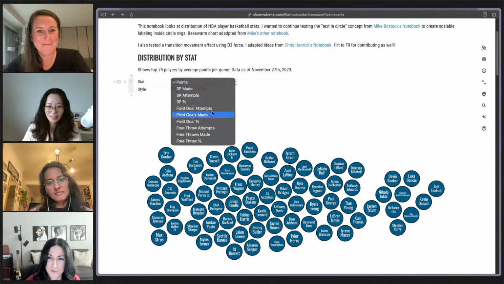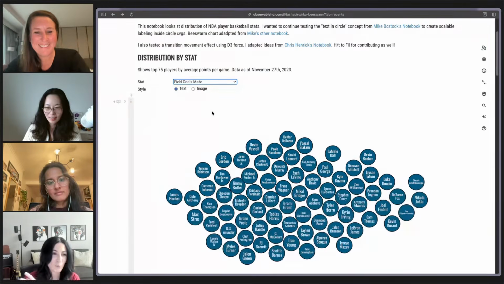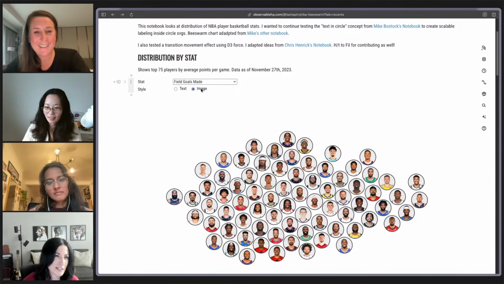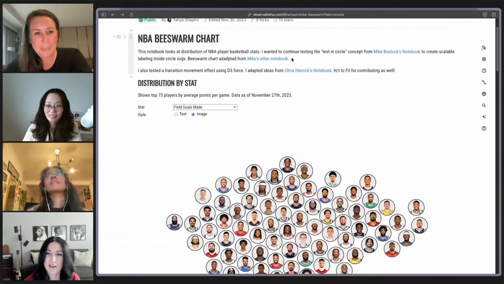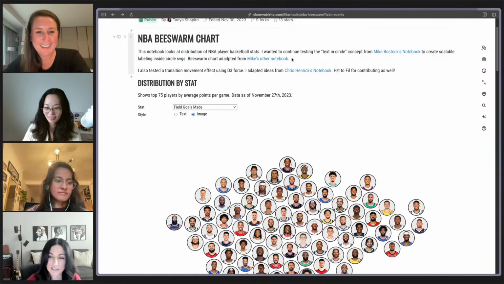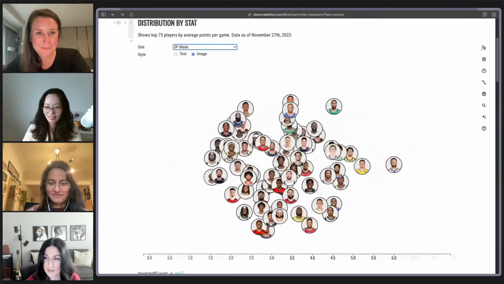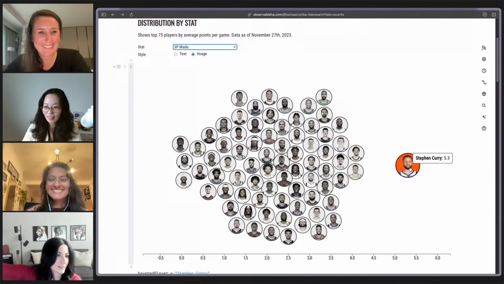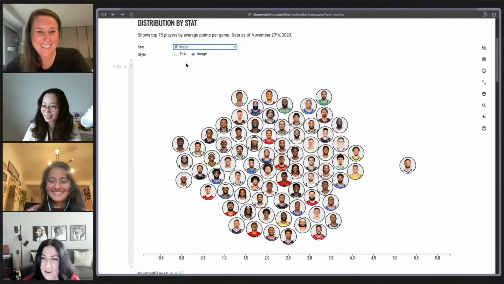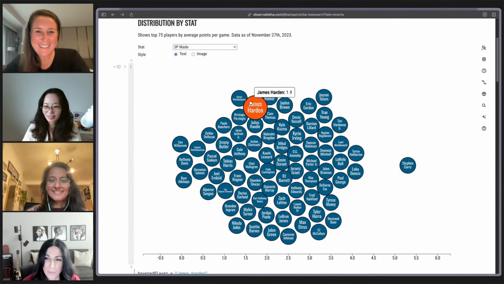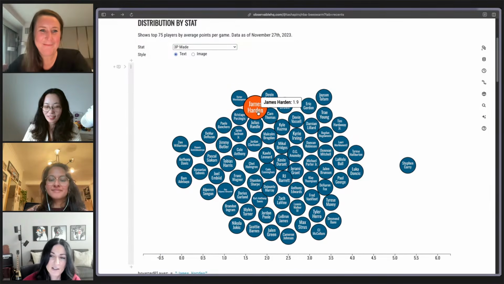So an example of movement. Here you can see it repositioning and flowing. By no means is this an amazing data viz. It was just sharing my learning process of how I would look at other people's notebooks and try it out with my own code, thinking about a fun play data set. Here we've got NBA players. If I'm looking at three-pointers made, of course Steph Curry is the standout, the outlier. But also it was a fun thing to play around with text, like how can I show text and represent it? That probably took me the longest time.